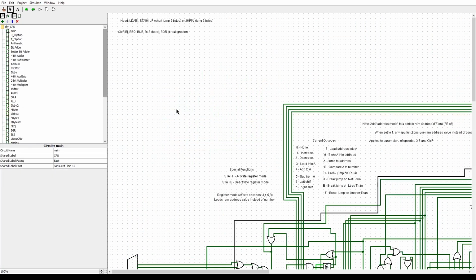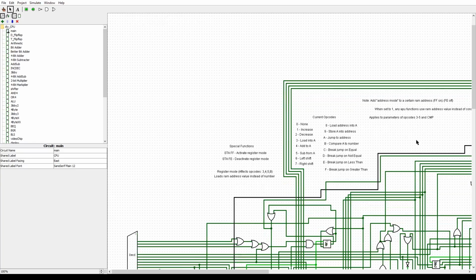With this, we made basically all of the memory type instructions, which are the loading, storing, jumping to another instruction, and comparing. All of those use the flip-flop, and also one instruction that's in the accumulator, which is